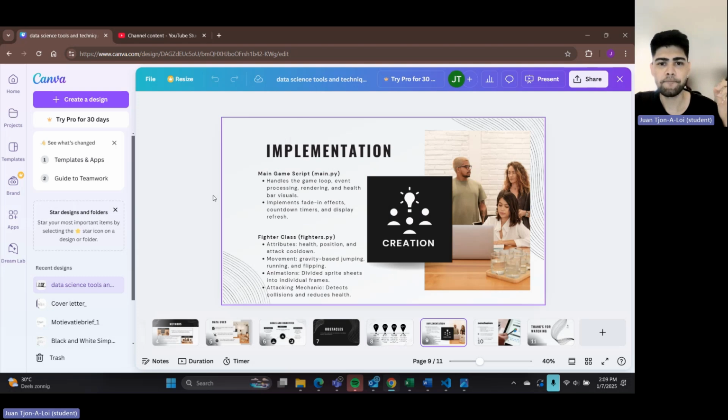Implementation. Well, there is a main script and there's a fighter class. The main one has the characters, the backgrounds, the loop, so it knows when to start, it knows when to end. And the second one, the fighter, has all of the triggers from the fighter, the attacks, the attributes, the animation, the